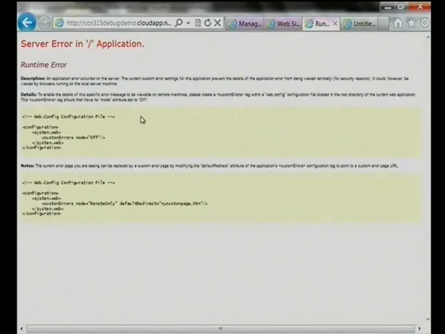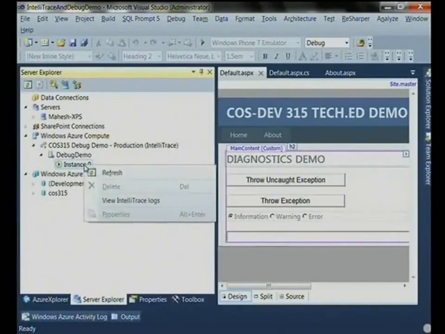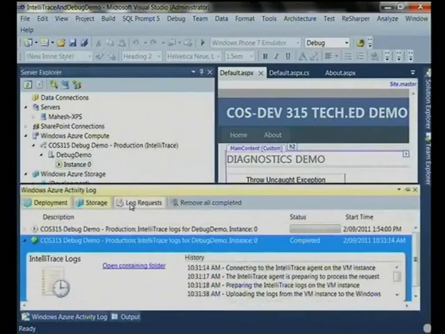blow up. And if I didn't put enough logging in it, you're going to start shooting in the dark trying to fix it. What happens is you make your changes, and then you deploy it again. It's going to take another 15 minutes for it to deploy, and then you find the same problem happening again. So how do you get around it? Now, with IntelliTrace, what you can do is right-click over here and say View IntelliTrace Logs. And that's going to go and download